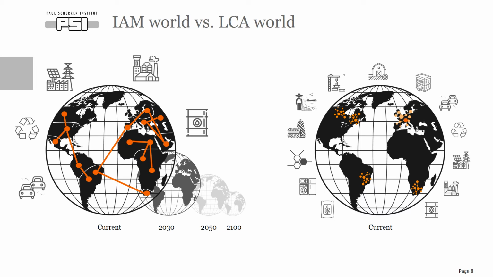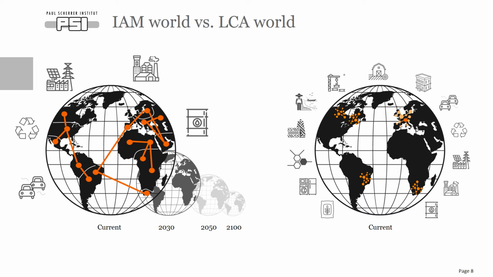But the variety of industrial activities is very much higher than what we have in an integrated assessment model. We have activity descriptions for fuel production, for the production of plastics and various chemicals, for the production of textiles, for fishing and agriculture, the production of different metals, and even within a certain metal, subcategories of metals. For example, for steel, we would have regular steel, low alloy steel, stainless steel, and so on.